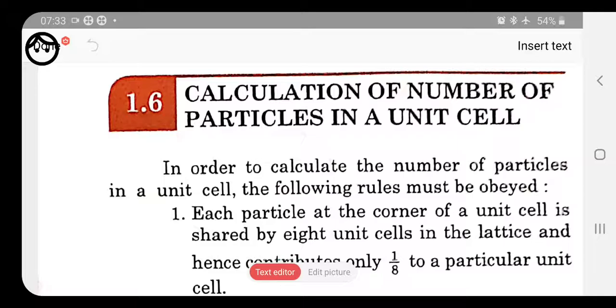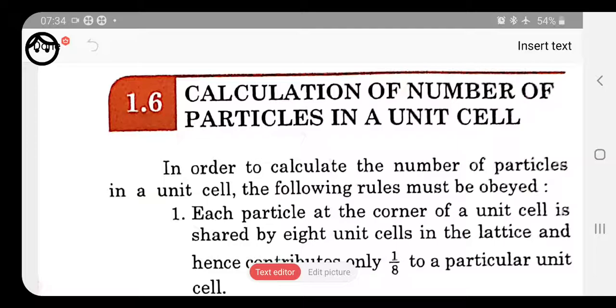Unit cell is the smallest repeating unit, like whenever we talk about matter being made up of the smallest particle, that is the atom. So the crystal lattice is formed by the combination of repeating unit cells. We also have the classification of unit cells on the basis of the places where the constituent particles are present. We have done that: the unit cell is classified into three, primitive unit cell, body centered unit cell, and face centered unit cell.